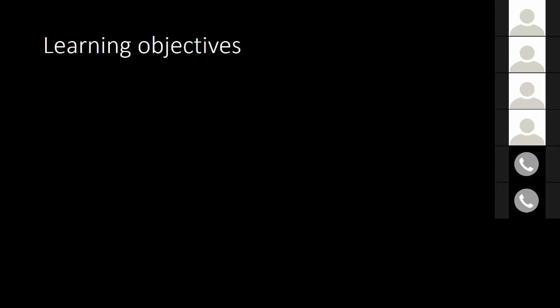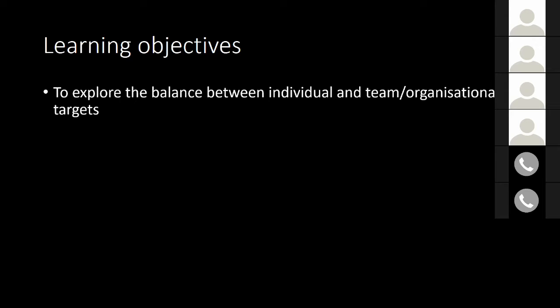What I'd like to do first of all is to look at the objectives that we have. These are fairly general learning objectives that we offer, and obviously, if you have a specific purpose in using the activity, it's perfectly possible to adapt these learning objectives to specific groups. So the first one of these is to explore the balance between individual and team or organizational targets. It's rarely that anyone during the Matrix activity will not be faced with a situation where they need to make a decision about achieving their individual task and individual objectives and what is right for the team or organizational